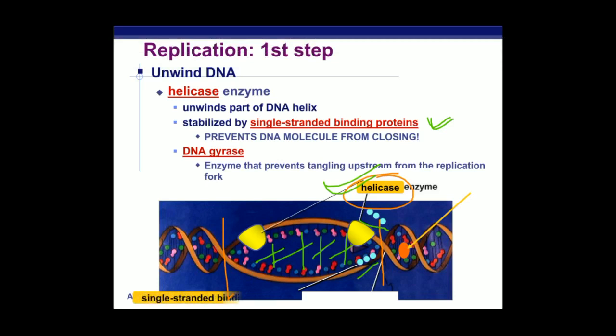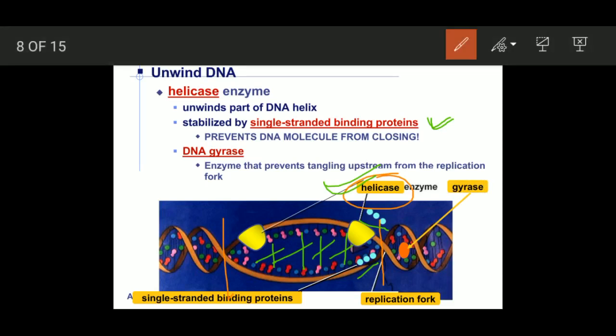Okay, now let's move on. We have already mentioned that this structure formed is actually called the replication fork. Okay, now let's move on. And one more thing, guys, about the gyrase. As you can see, gyrase is an enzyme, a very important enzyme. As we can see clearly here, as the replication fork is being formed, in this part